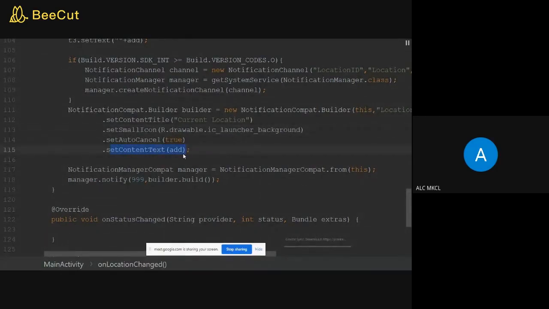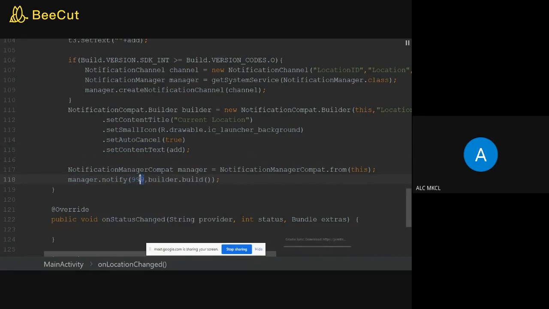What you want to display? I want to display the address, so I will write down the address over here. And then you need to call this notification compat with the notification manager compat, and you can display it with this function, that is manager.notify. This is one ID and builder.build.